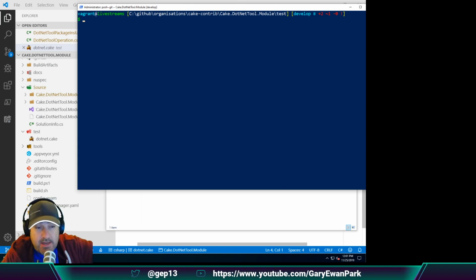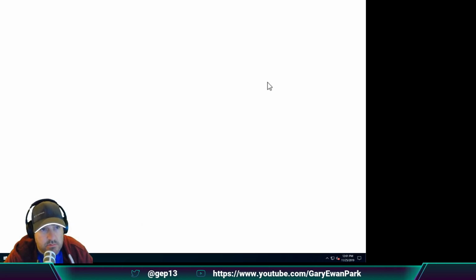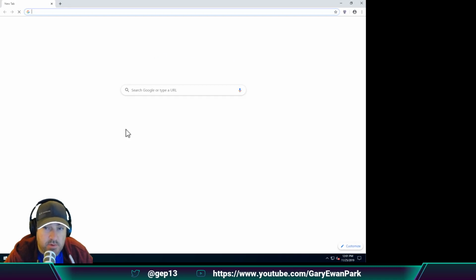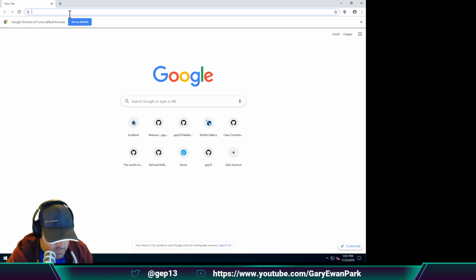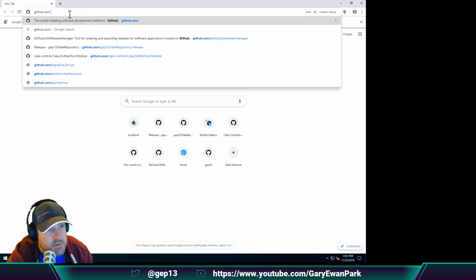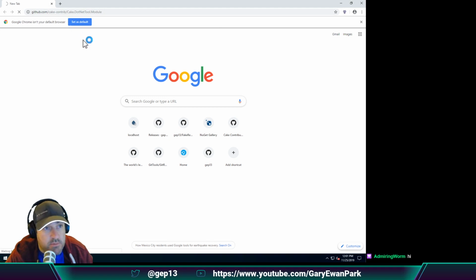So tonight, we will be continuing to work on the changes that I had started making to a Cake module that I am the maintainer of. I'll wait to open up in Google Chrome, but now I get to. Let's close off one of them then. So the module in question is under the Cake contrib organization on GitHub, and it's called